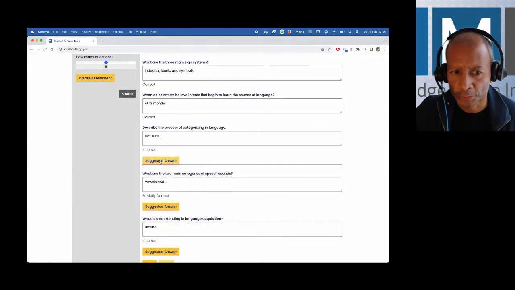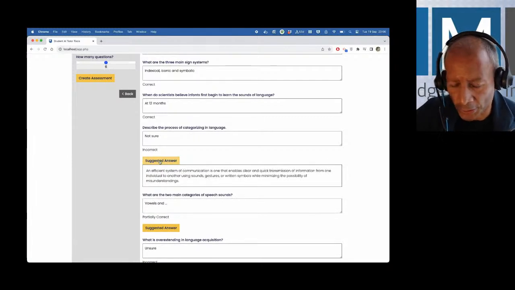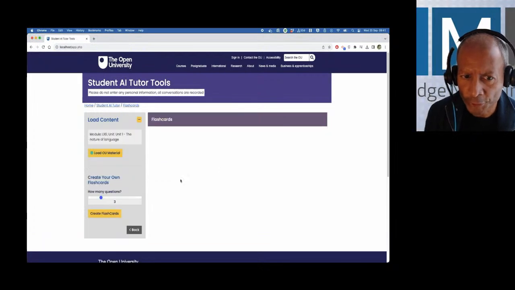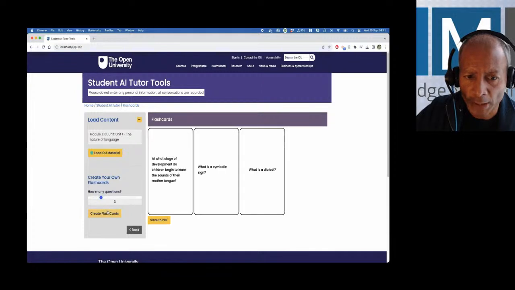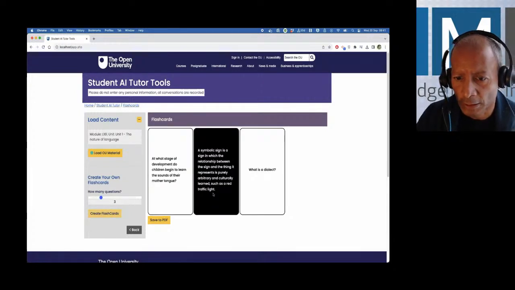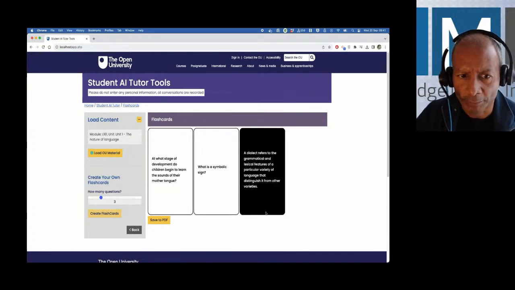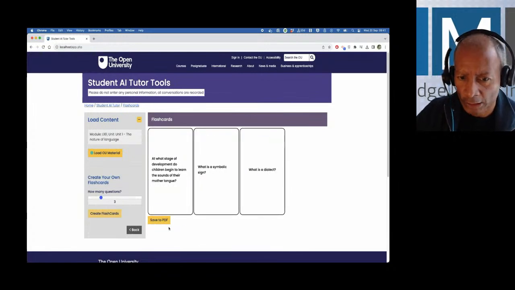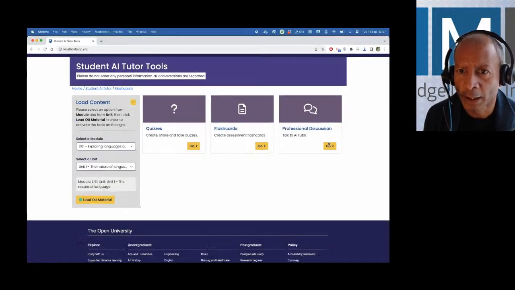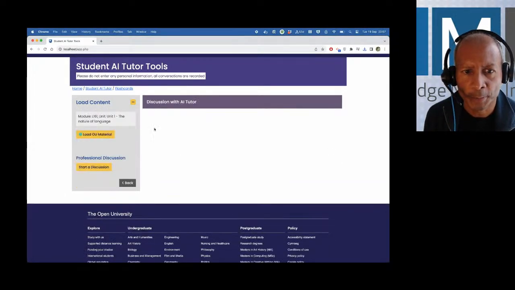And then the students could use this to test, obviously to test what they've learned, to see where there may be gaps. If students are preparing for a test, they can ask the system to generate some flashcards, or if they just want to learn for their own benefit, and you can save these to a PDF. So I generated 3 flashcards to help me test myself on this. And then finally, I can have a discussion.